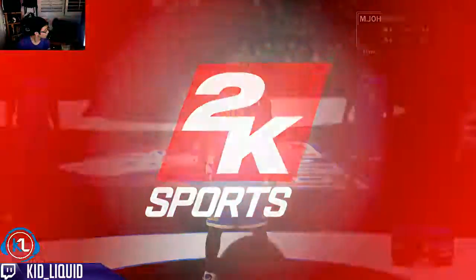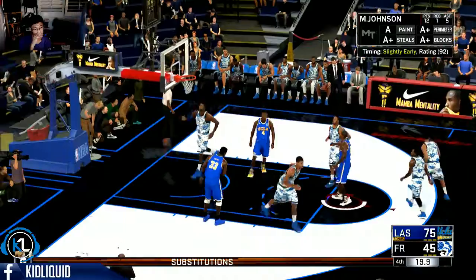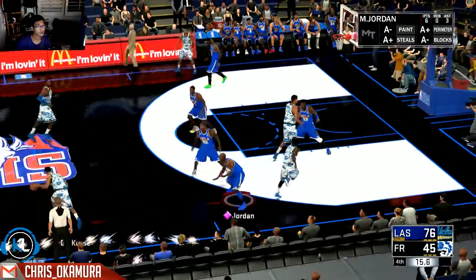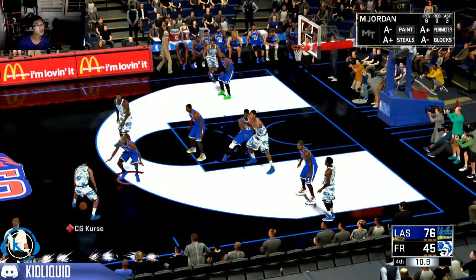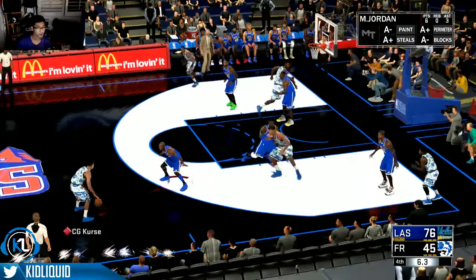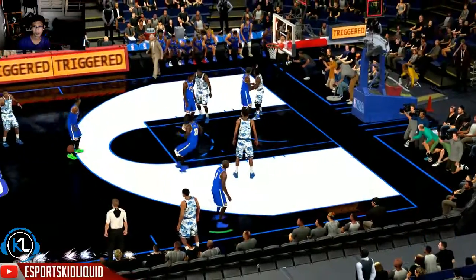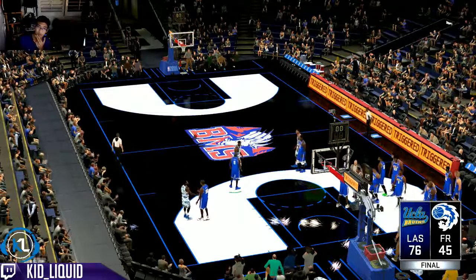The first one falls. And that one goes in. 2 from the line that time. 19 seconds left in the fourth quarter of this one. Fades back, and Jordan sends it back. So it's Los Angeles winning this one easily to come into an